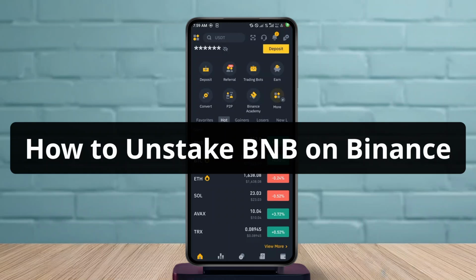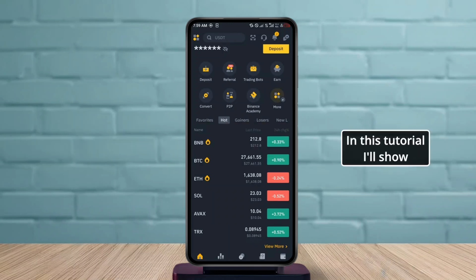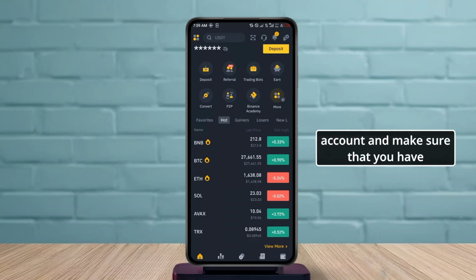How to unstake BNB on Binance. In this tutorial, I'll show you how you can do that. First thing you need to do is obviously log into your Binance account and make sure that you have a verified